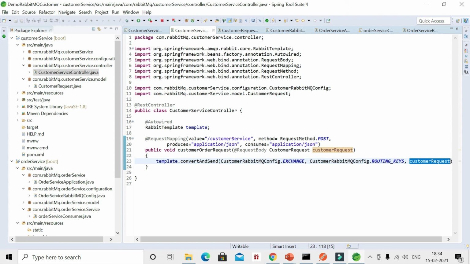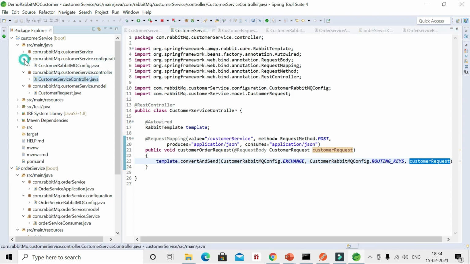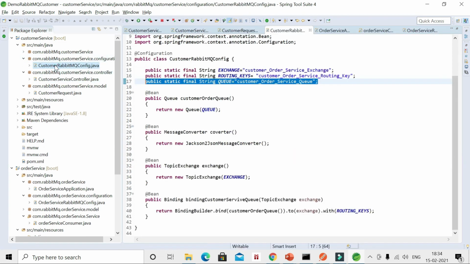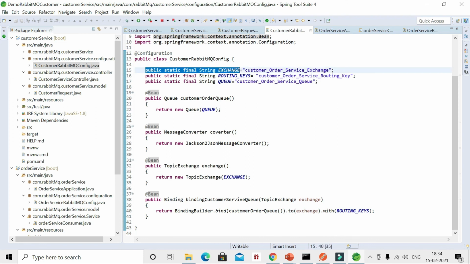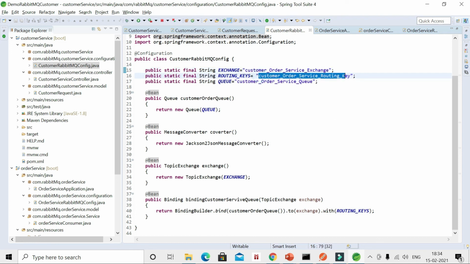For that we have used configuration also to bind our queues and exchange. In configuration we created the customer order service exchange, the routing key, and the queue where our message is stored.